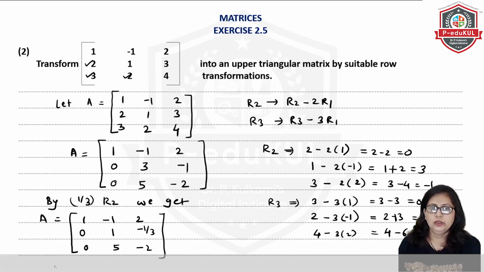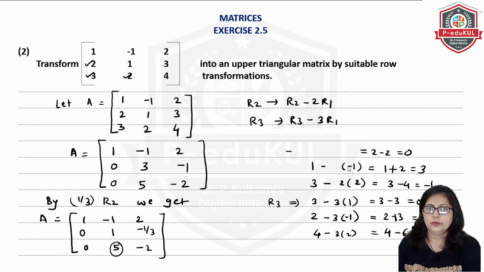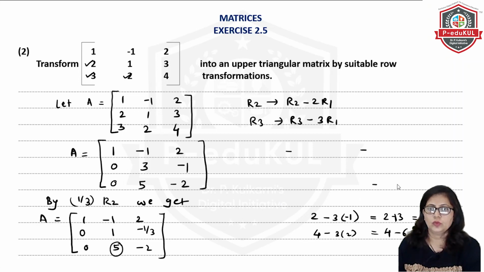by 3. See, when we are changing to upper triangular or lower triangular, this should be 1. So we are changing it like this. And now I have to change only this element to 0. So I will erase certain things so that I can write it here only, and this is not needed actually. This is only for our practice. Even if you don't write this during the exam, that is also okay. Even if you don't write this transformation, yes, you need to write.